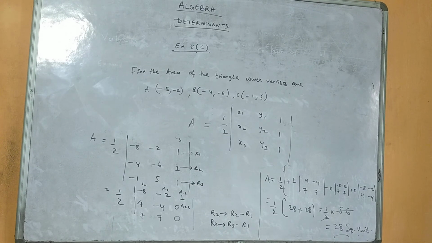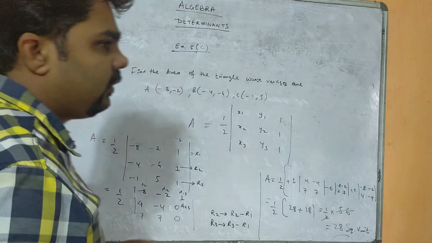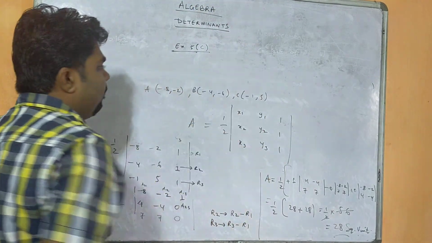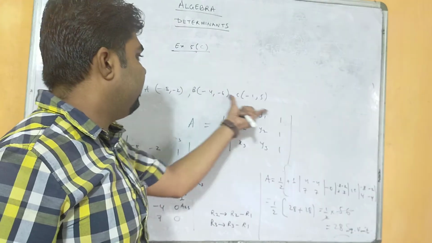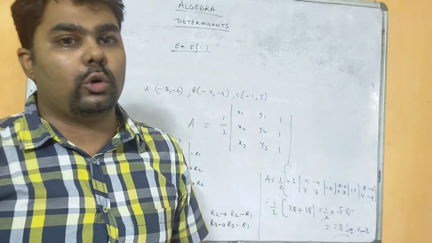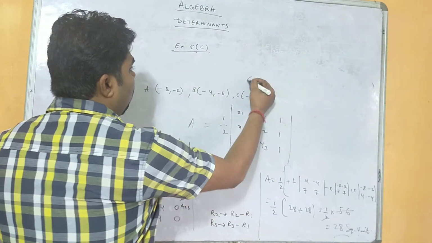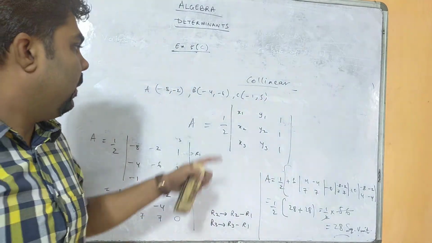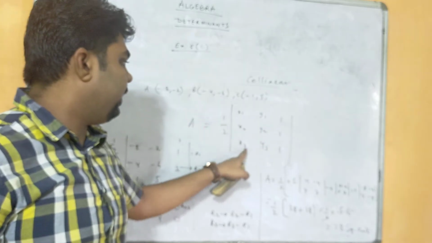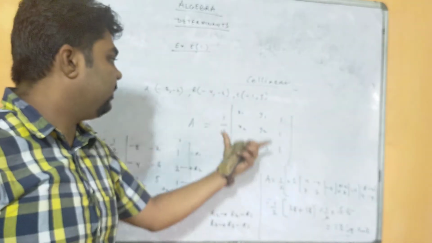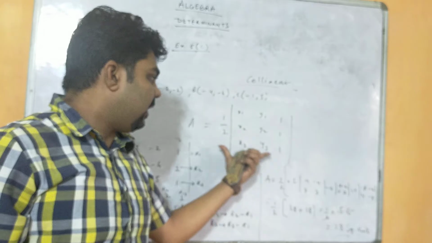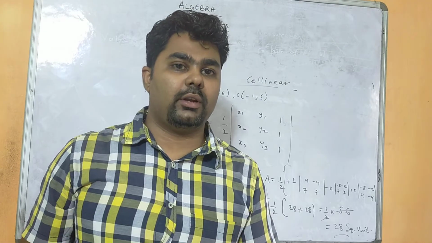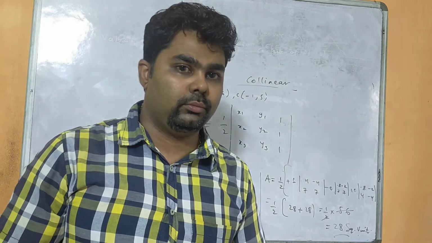So one more question comes here, with the same solution. Now if I say, check whether these three vertices are collinear or not, collinear, C-O-L-L-I-N-E-A-R, then what you have to do? You have to get the value of the area of the triangle, that means the area of these vertices. Okay. So if the answer is 0, then we can say that these 3 points are collinear. Otherwise, they are not.